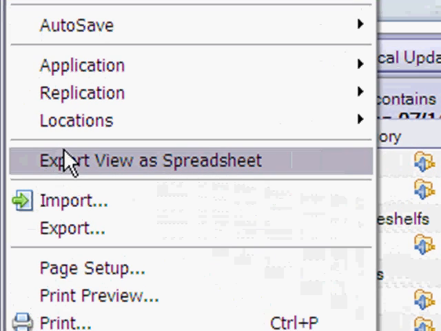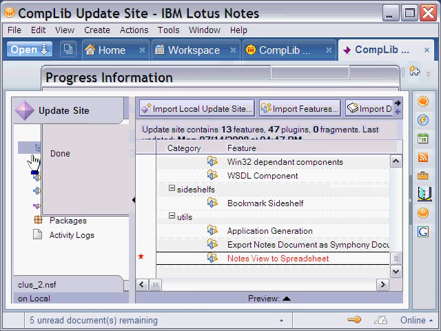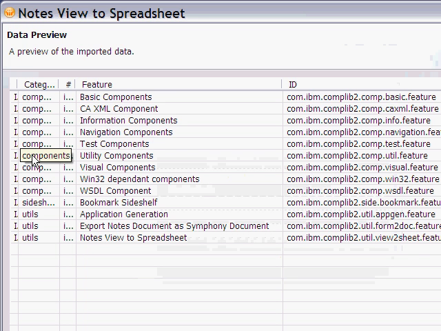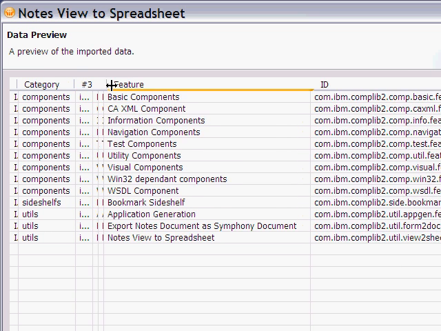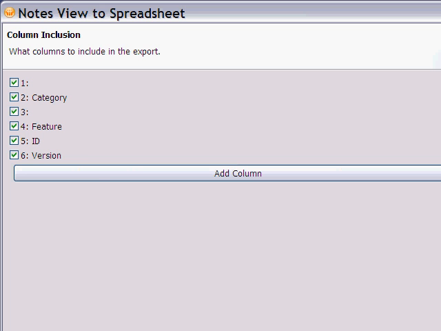When you're focused on a view in the workspace, you can select this option and you will be walked through a wizard which lets you export that as a spreadsheet. The first page you're presented with gives you a sort of preview of all the data that it found in that column, which allows you to look through it and say that, really, we're only interested in the feature in the ID column. So when we go to the next page of the wizard, we can select what columns we actually want to display. For this, we're going to turn off everything except feature and ID, and we're going to